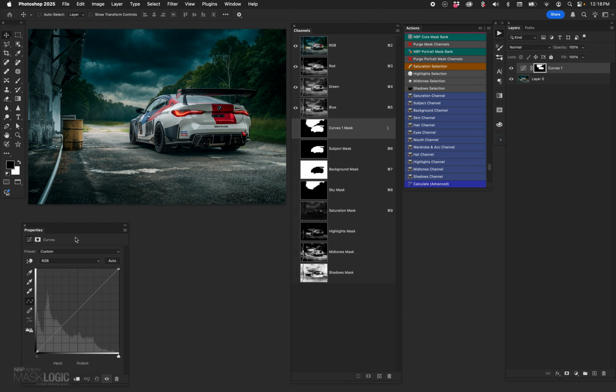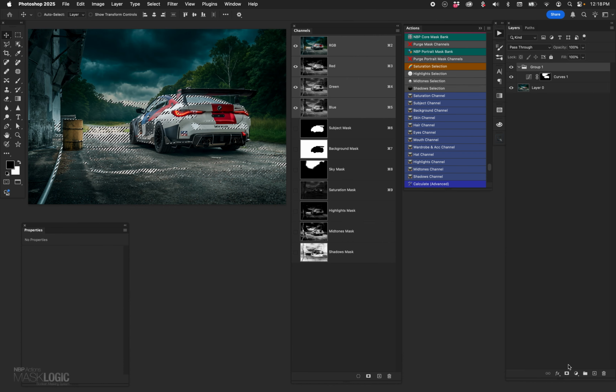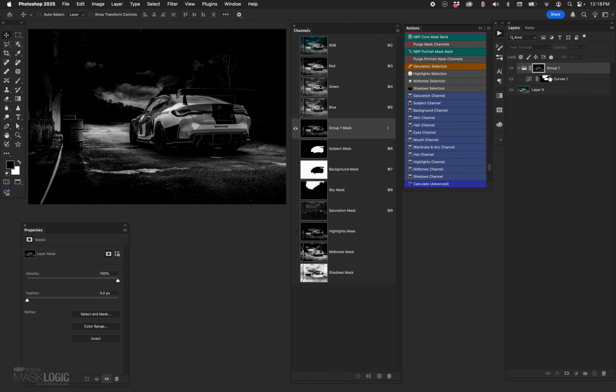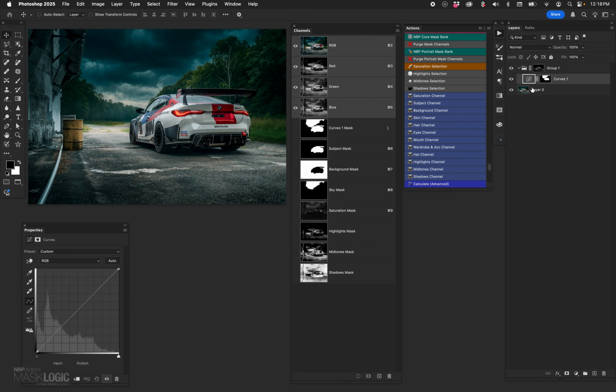Now you might think, neat, but I only want to brighten the highlights to add some contrast. Cool. Hold down Command or Control, click the highlights, group it, add a mask. You see what I did there? See how fast that was? This is the highlight controller. This is the actual areas that we selected. That was our additive function. And now we're only brightening the highlights of the car and the sky for that little bit of highlight pop,